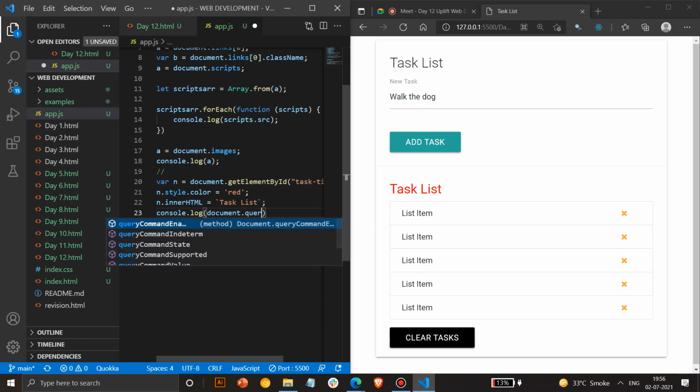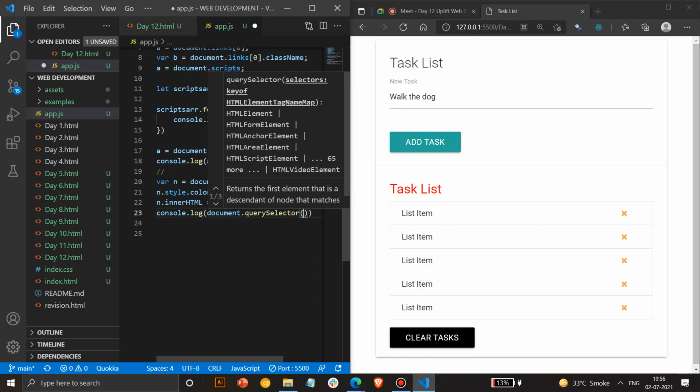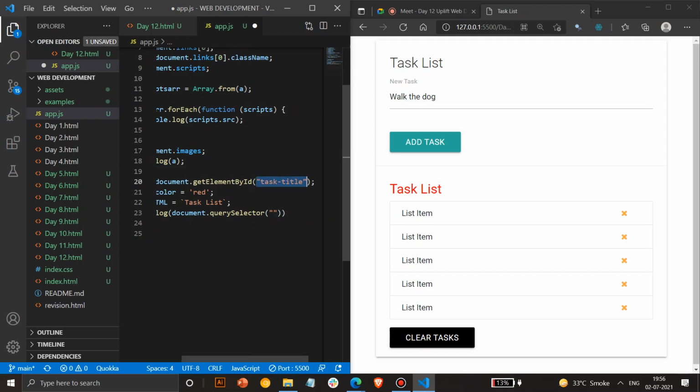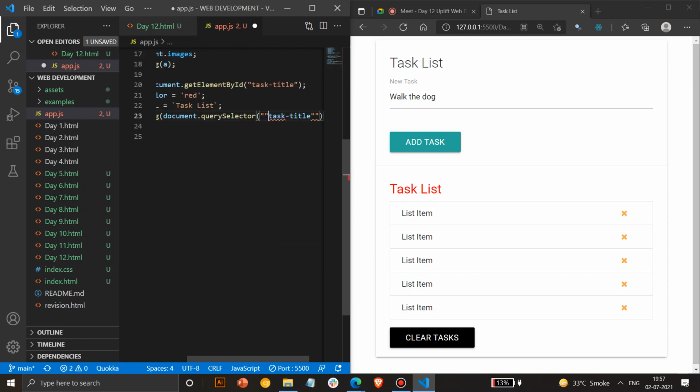So if you use query, there's something called query selector, and there's something called query selector all. Anyone, what's query selector all? It will select all whatever is in the query from the whole HTML file. Yes, okay. So that's correct. It selects all the outputs. It selects all the HTML.